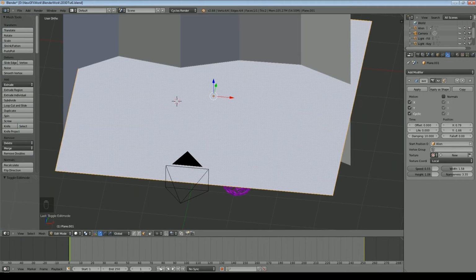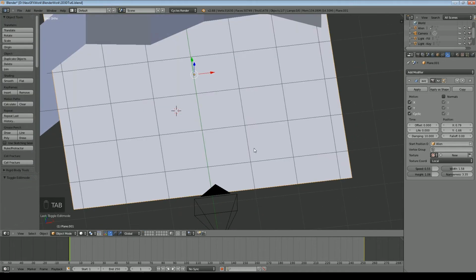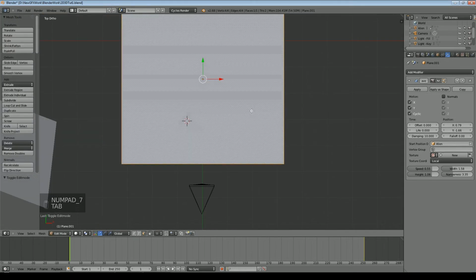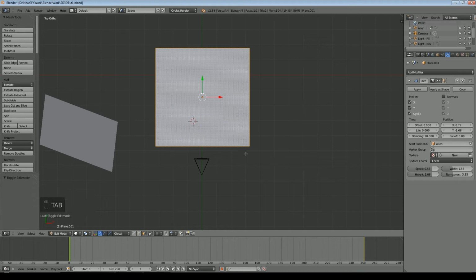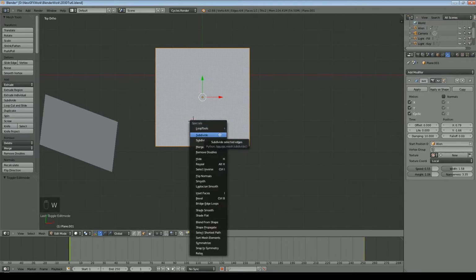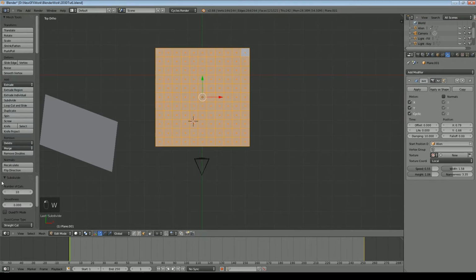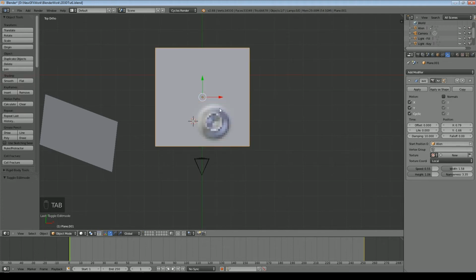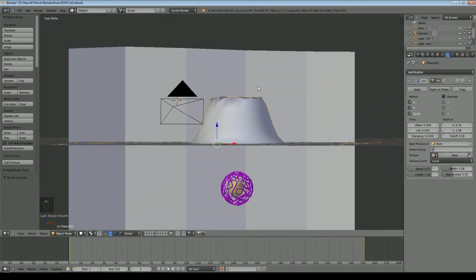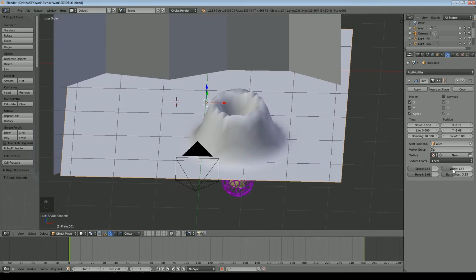So what we need to do now is subdivide this plane in order for the ripples to show up, because obviously there's only 4 vertices at the moment. So in edit mode, go to subdivide and turn that up, and we'll set it to 50. We'll see what that looks like. Coming out of edit mode, make sure we've got smooth shading on. Now we can see what's going on, so we can play with the depth of that. It's going to need some more work, and I'll show you what to do for that in a moment. So you just adjust these settings.